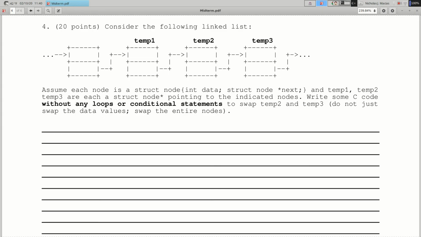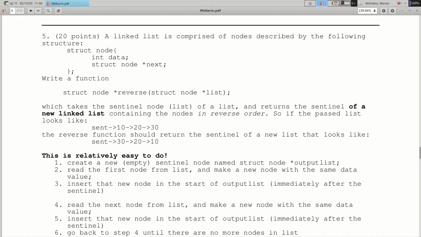All right, so question 5, the reversal of the list. You're given a standard linked list, struct node, usual form, list of integers with a sentinel node, and you're writing a reverse function which should create a new linked list containing the nodes in reverse order.